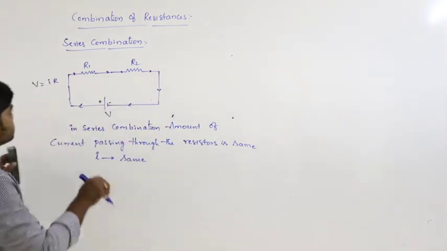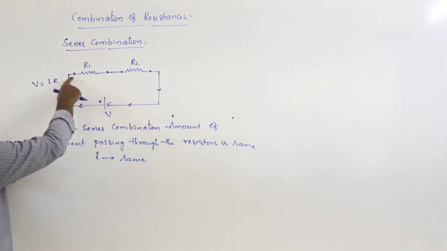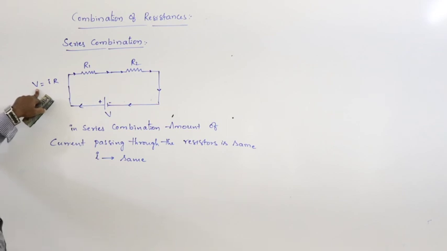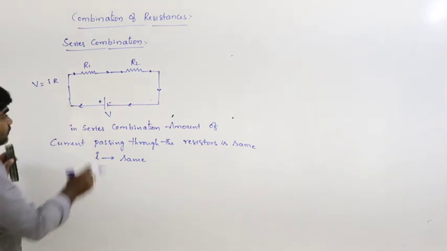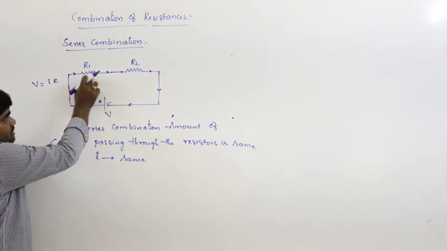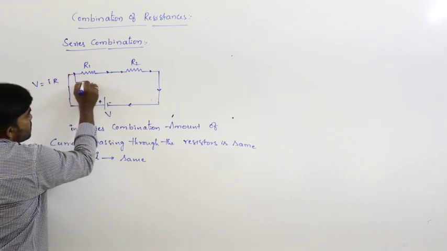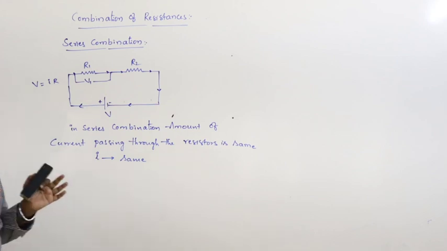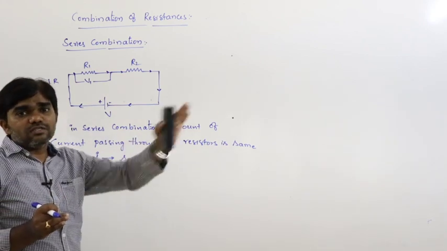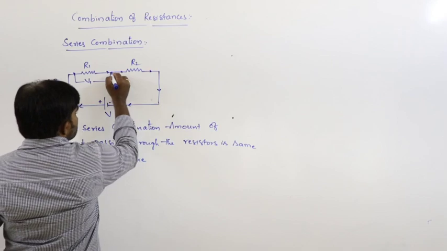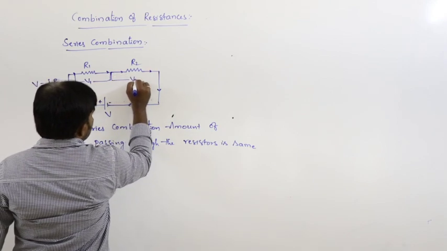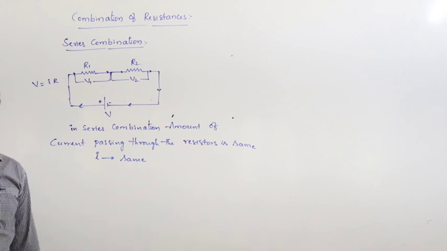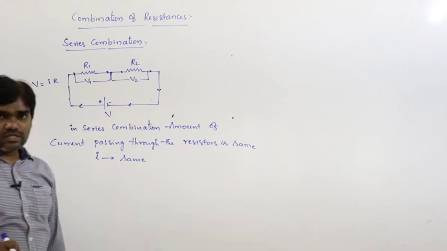It's very important. So here also the same amount of current passes through these two resistances. Then what quantity changes? Potential changes. If the current passes through the first resistance, a certain amount of potential must be dropped across the first resistor. A certain amount of potential is required to cross the first resistance, and a certain amount of potential is required to cross the second resistance. V equals IR.